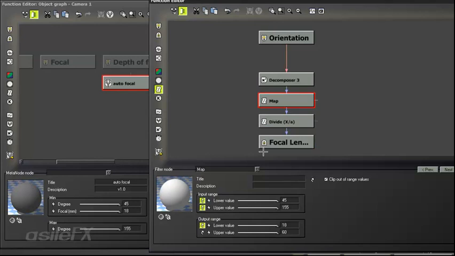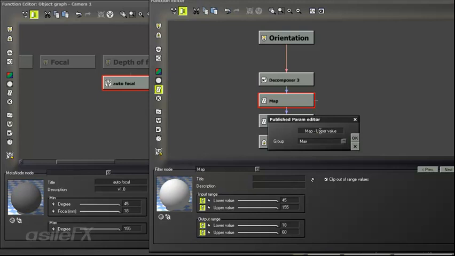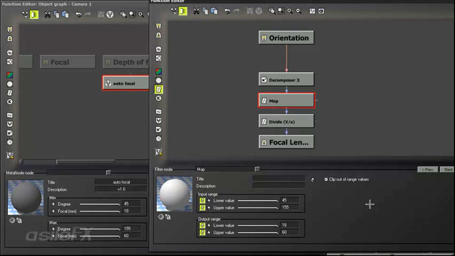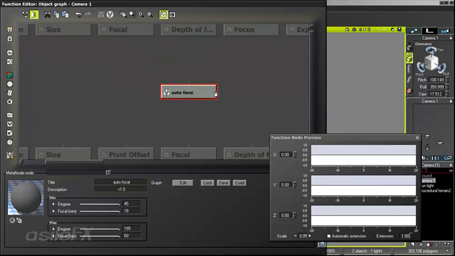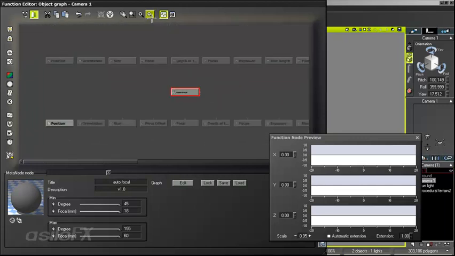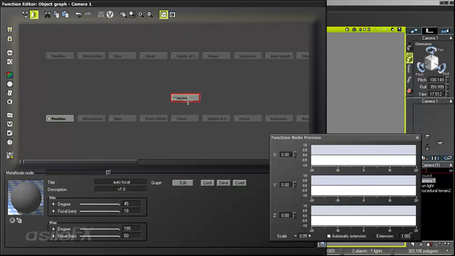And then the other upper value, still in the max group, we can call focal, and then do the millimeter again. Click OK. And OK, and now we have our autofocal node. So in order to use this, first you would want to save this out,